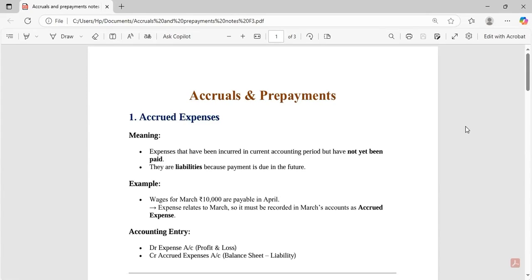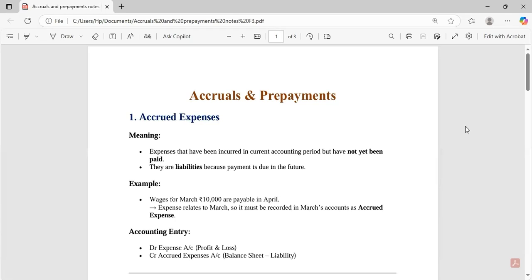Hello everyone, welcome back. In this video, we are going to study accruals and prepayments. We will look at four terms: accrued expenses, accrued incomes, prepaid expenses and prepaid incomes. We will see what the meaning of these terms is, what the examples are and how the accounting entries are made. Alright, and additionally, I'm going to tell you how to treat opening and closing balances, because generally when the